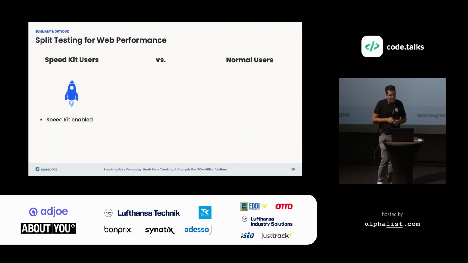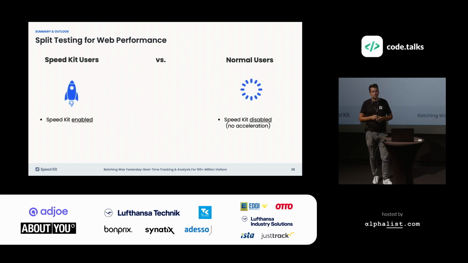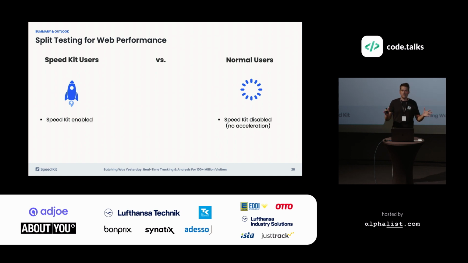So the idea, as I mentioned, was that we want to test things for our product. So what we do is to have one group of users enable SpeedKit and the other one load the website without executing our service worker. The reason for that is that we can now measure in both groups what the performance looks like and other parameters, and compare in a clean A/B test how that boils down into your different metrics and how users